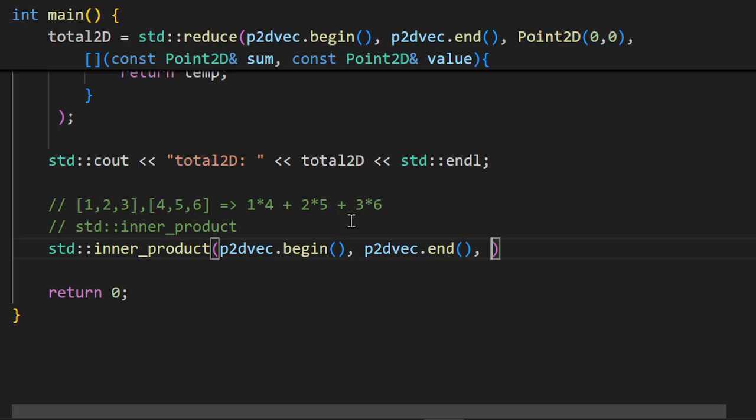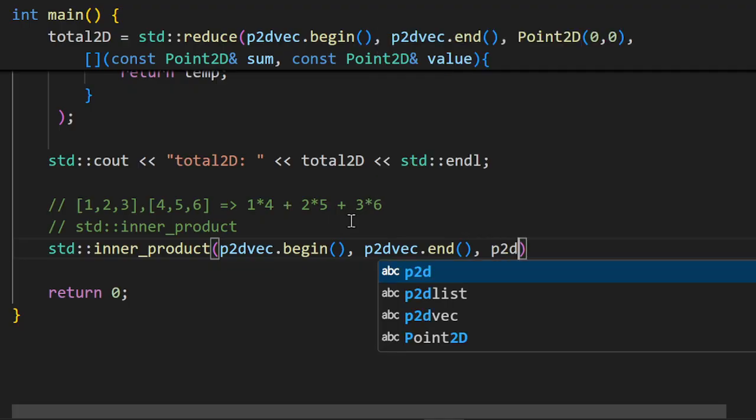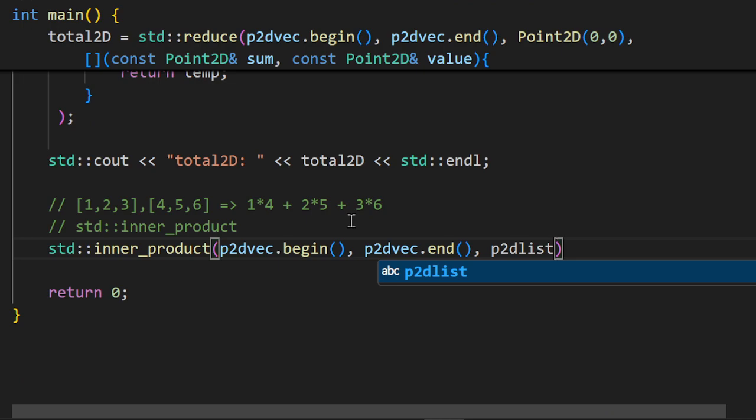You also need to supply the beginning of another container, p2d list dot begin. Begin is sufficient, and end is not needed. The assumption is that this list has at least as many elements as the first container. So now here what we do is